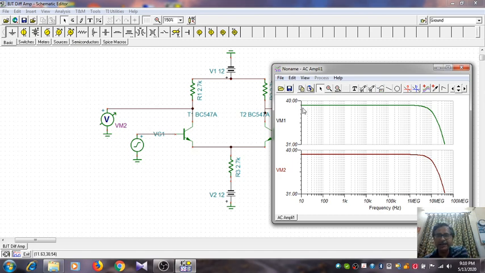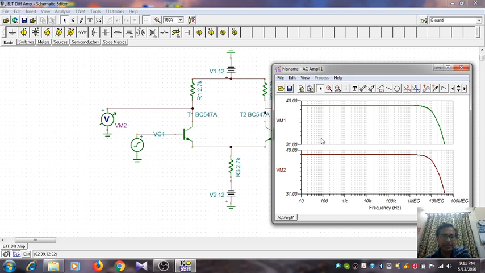It starts actually directly from the zero end. It is actually 10 hertz we have started from, but surely there is no DC blocking capacitor in the base. And we know that the lower 3 dB cutoff frequency comes mainly due to the coupling capacitors and the bypass capacitors. But in this circuit, it is a DC coupled amplifier having no external capacitors, no discrete capacitors. So definitely we cannot expect to have a lower 3 dB cutoff point. What we can expect to have is the upper 3 dB cutoff point, because that, you can tell me, is due to the device internal capacitances.